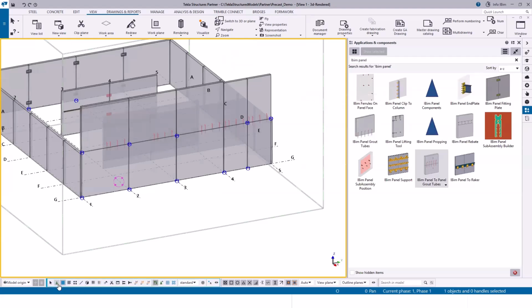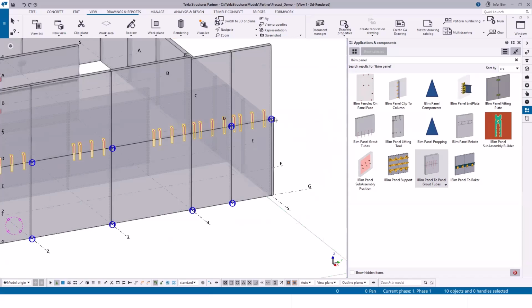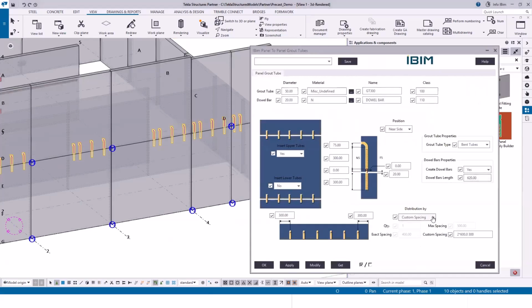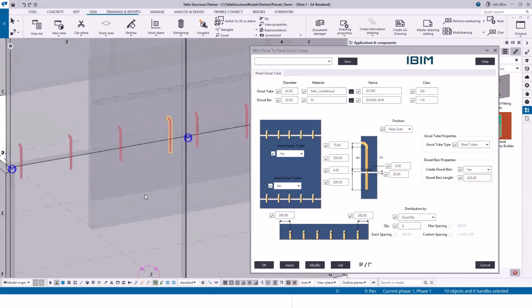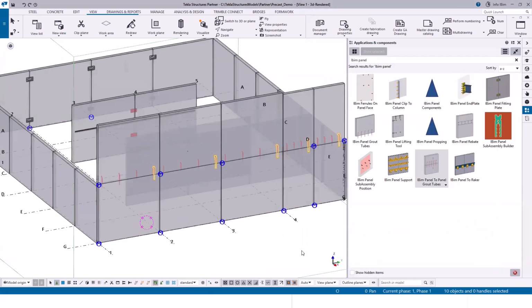So let me just select and make this modification. If I go to the quantity, let me make this one as 4. So here it is. So with this application, it will be quite easy for you to create a panel grout